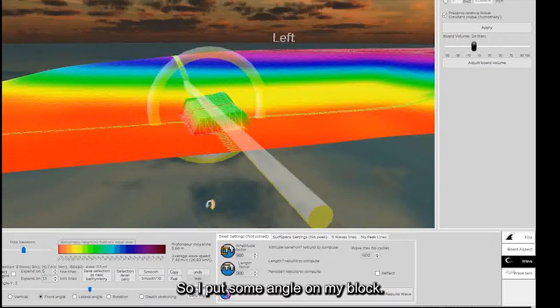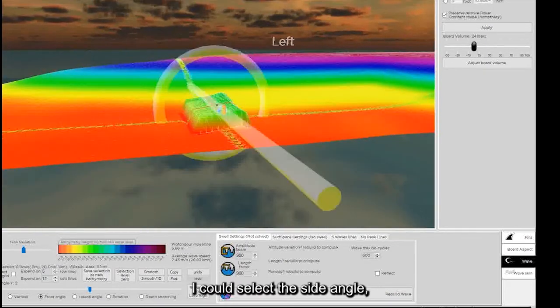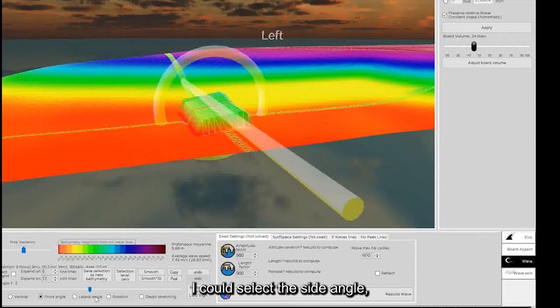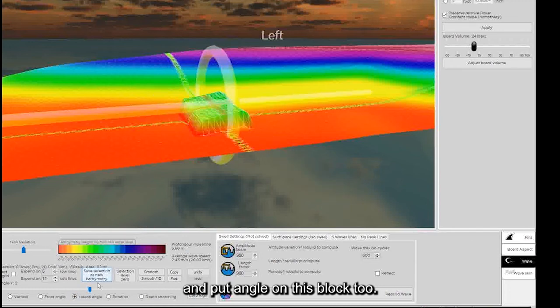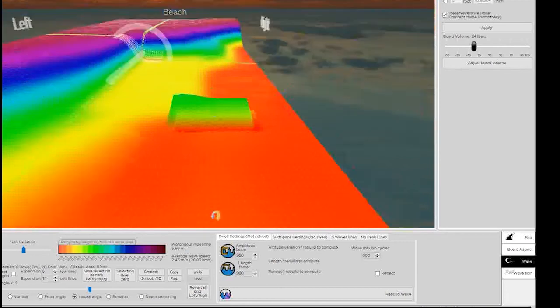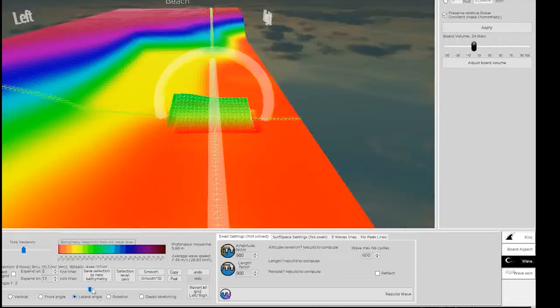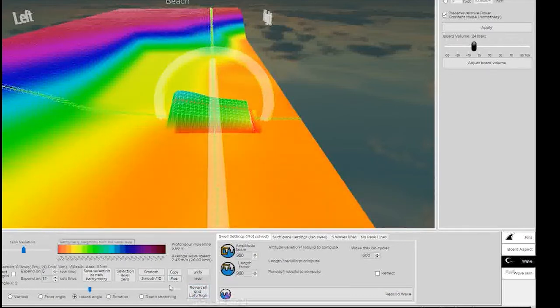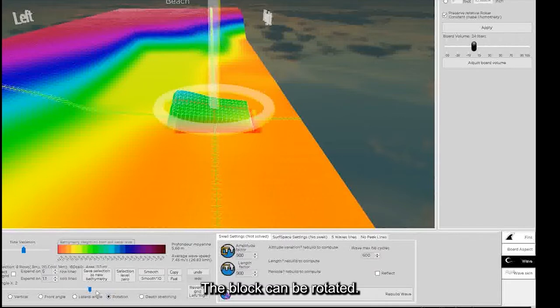So I put some angle on my block. I could select the side angle and put angle on this block too. I'll swing it sideways. The block can be rotated.